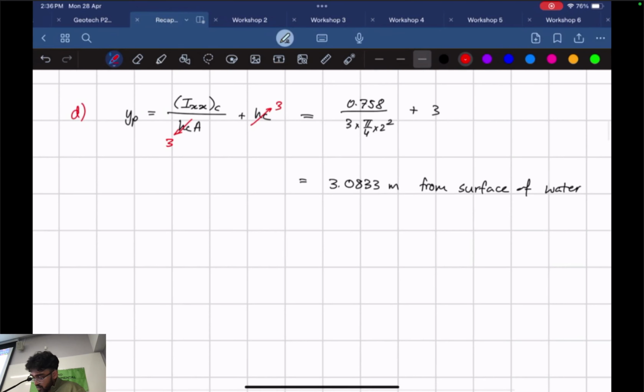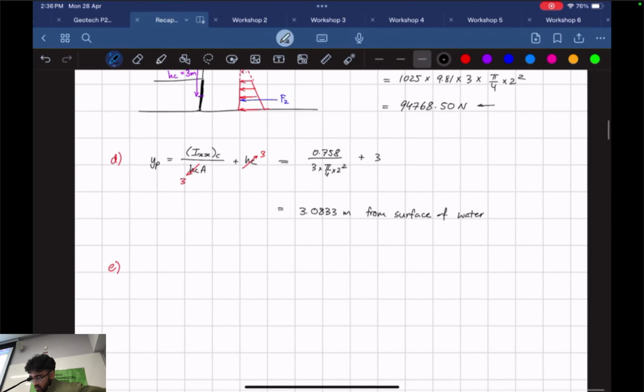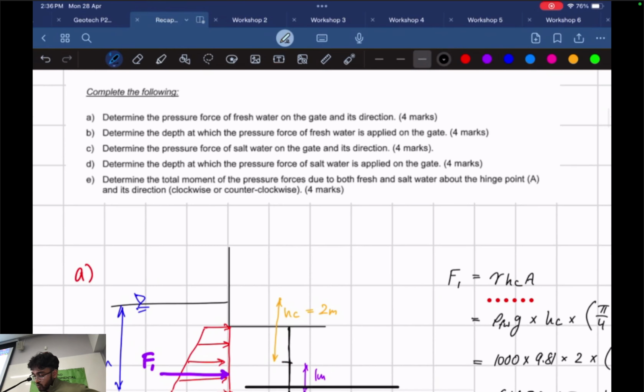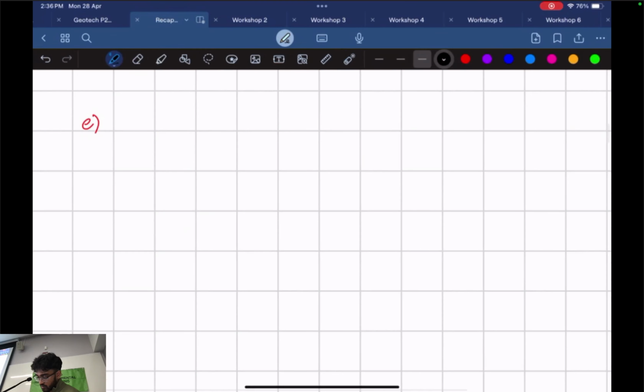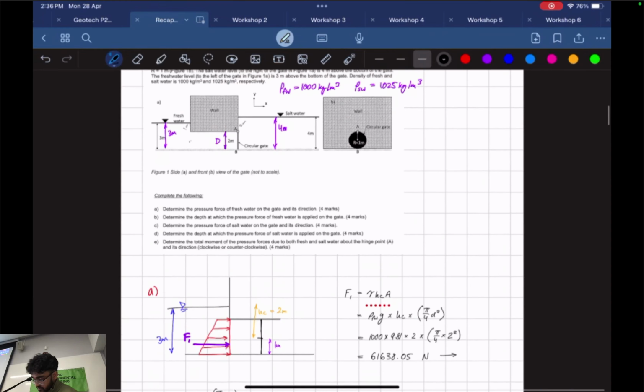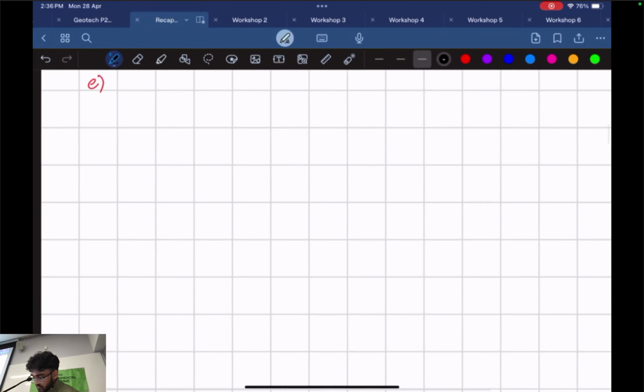Hey, part E. Part E is the part where a lot of people messed up. So let's take a look at part E. Determine the total moment of the pressure forces due to both fresh and salt water about the hinge point A and the direction. For this question you're going to have to take moments about point A. So I'm going to redraw the diagram. No, I'm not. So if this is a hinge, point A,